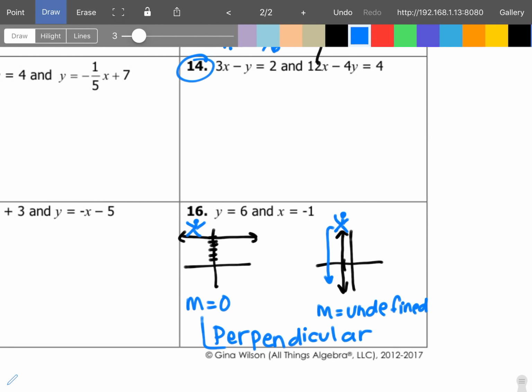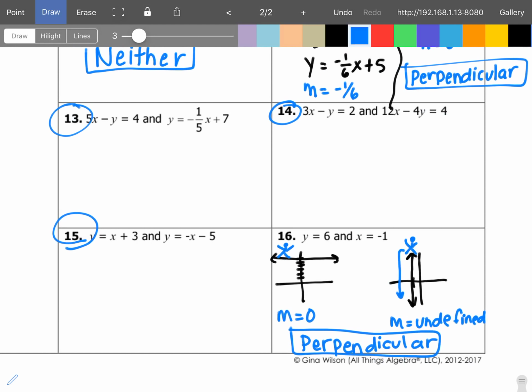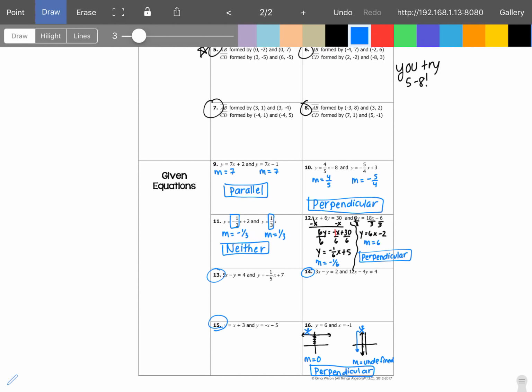All right, so why don't you try 13 through 15 and 5 through